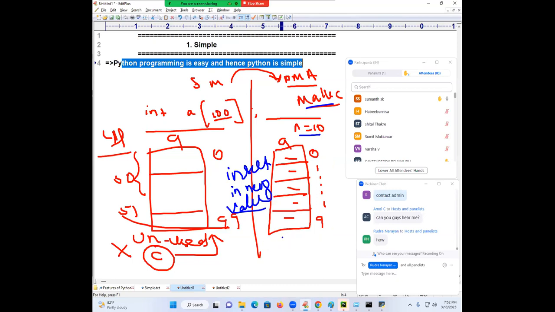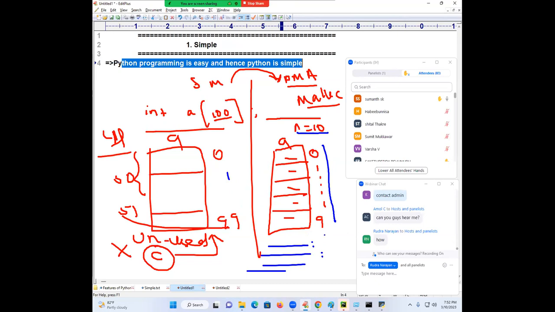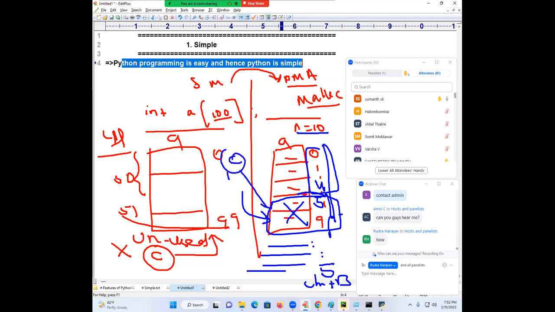And one more problem I will tell you. Please look at that. Suppose you enter at runtime, enter how many values? 10. Okay, 10 locations created. After that, you are entering first data, second data, third data. Intentionally, I enter only 5 values, and I say control break. What is happening? 0 to 4 only entered, and 5 onwards to 9 also becoming wasted or not? We are terminating. This memory is allocated, but I'm not entering. Is it not a waste of memory space? So our C language is not able to remove this memory waste.